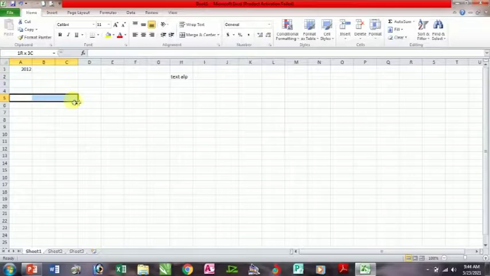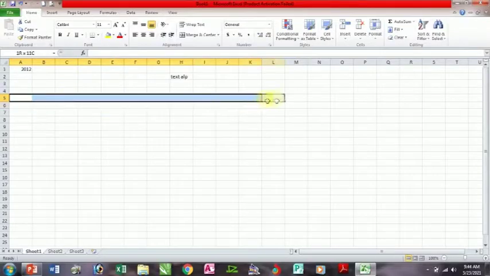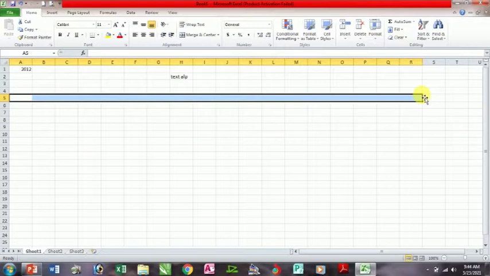Then we also have a series of horizontal lines across the worksheet. Those series of horizontal lines are called rows.